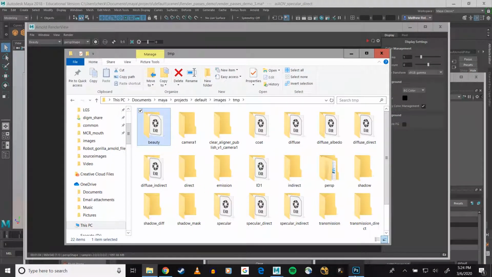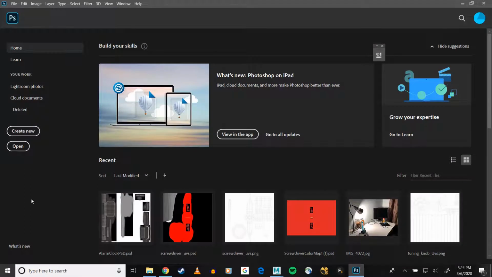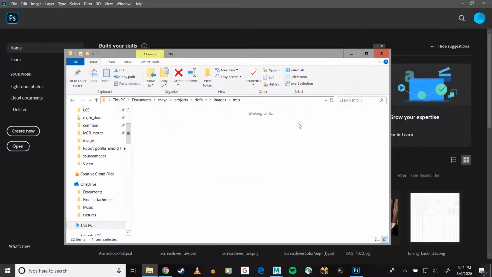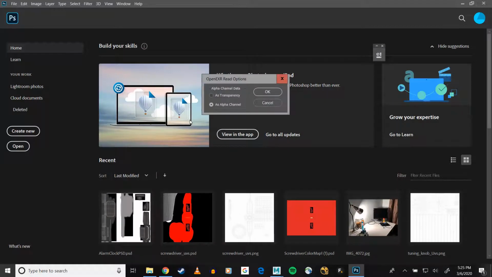And that's that. Okay, so now I'll go into Photoshop, and it should open by default in Photoshop. The layer that I want to use at the bottom is going to be my diffuse layer, and I want it at the bottom because this is the way that Arnold shaders layer their surfaces. And let's say I'll use it as the alpha channel,